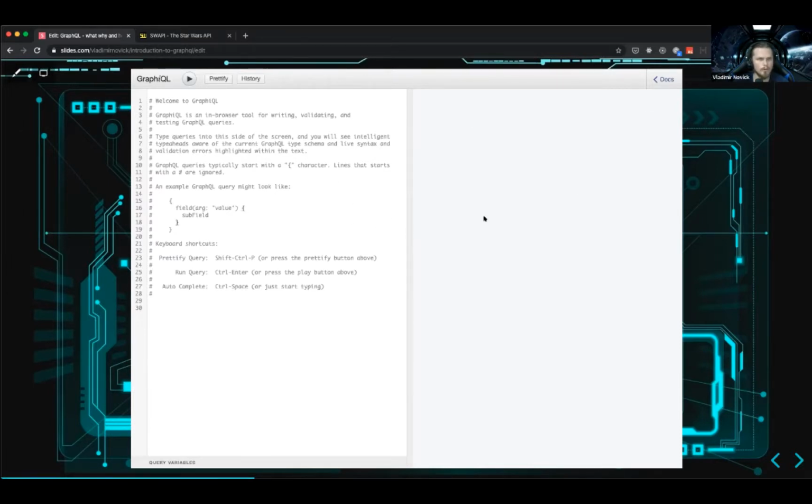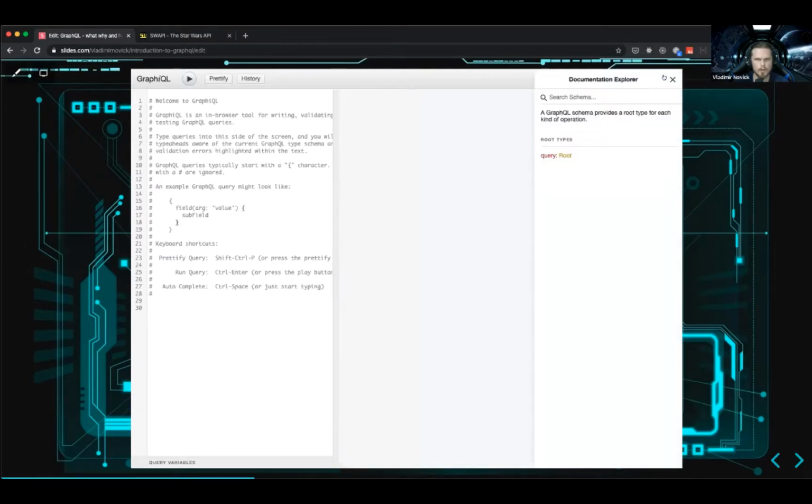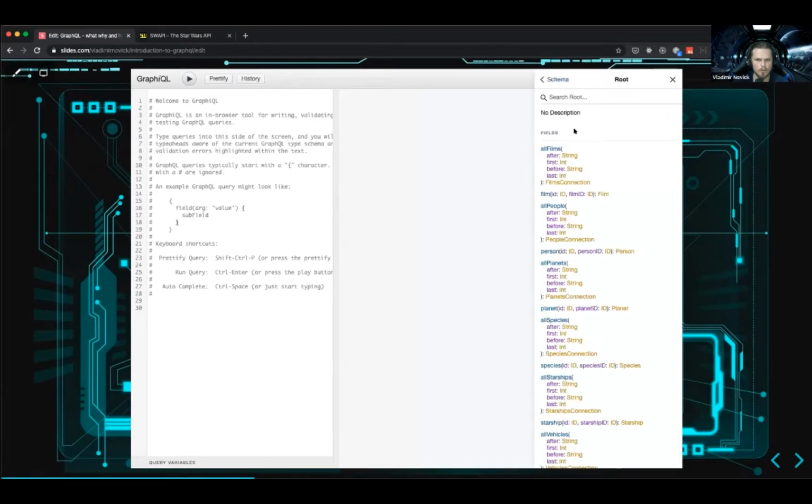Now, the cool part about GraphQL is that whenever an API is exposed, you can see the docs of everything that is available. Of course, it's subject to your permission. You can limit that. You can say, okay, only parts of this schema will be available. Now, this schema doesn't represent the database. This schema represents only whatever I defined on my server following the GraphQL spec.